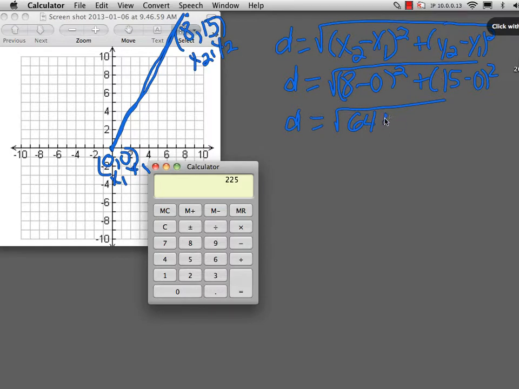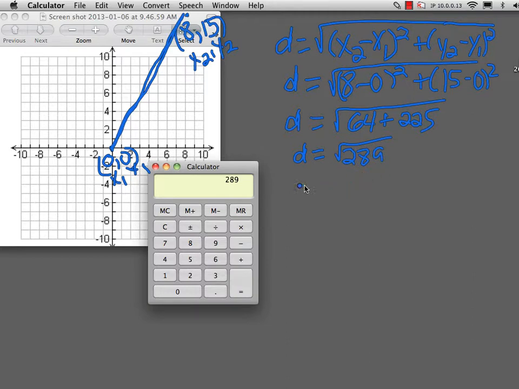So this would be plus 225, plus 64. So our distance will be equal to the square root of